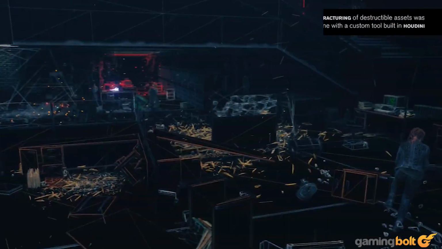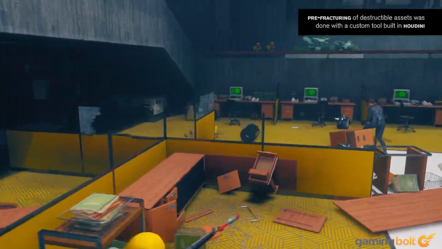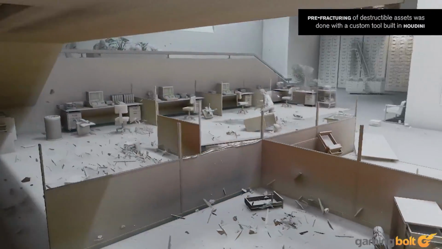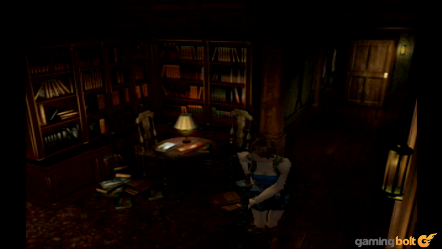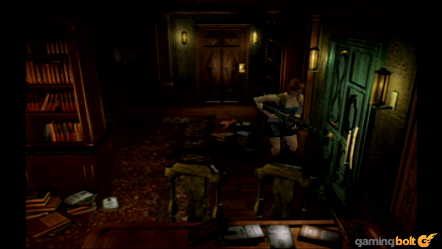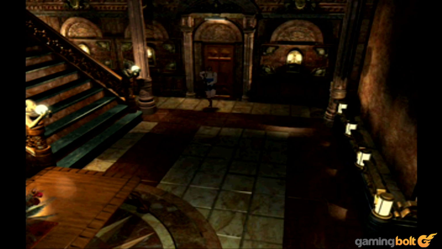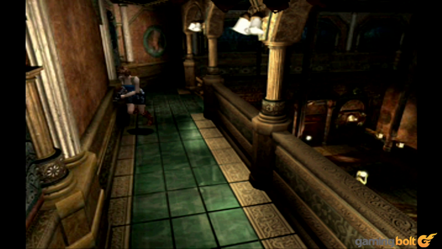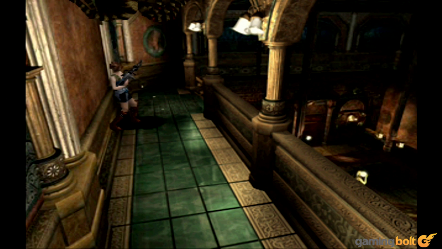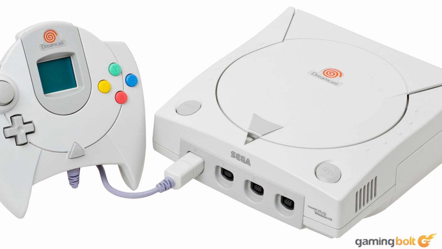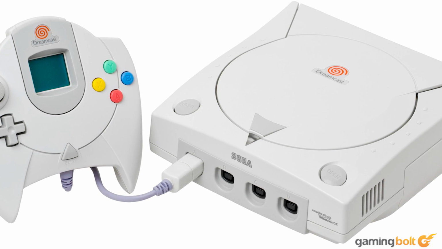Scalability today means dropping the resolution, lowering the frame rate, and making judicious cuts to model quality and LOD scaling. This was not the case when Resident Evil 3 arrived. The game was released on a 5th gen platform, the original PlayStation, and two 6th gen platforms, the Dreamcast and the GameCube. The Dreamcast release was particularly important because, in 1999, the Dreamcast was the only 6th gen console out